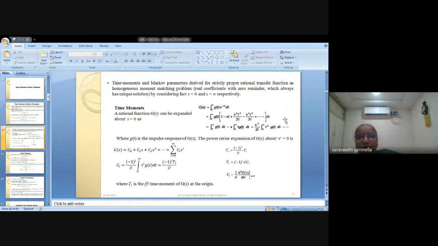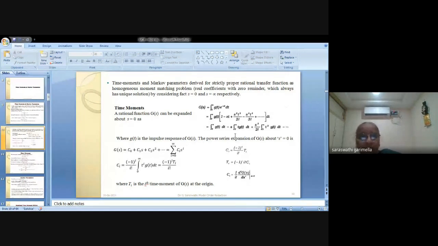then what I will get is C0 as the integral from 0 to infinity of g(t) dt, and C1 as the integral from 0 to infinity of t g(t) dt. So in that way you will get it. My finding here is something I explained with my method, but this is already given in the literature, so there is nothing new I can say.